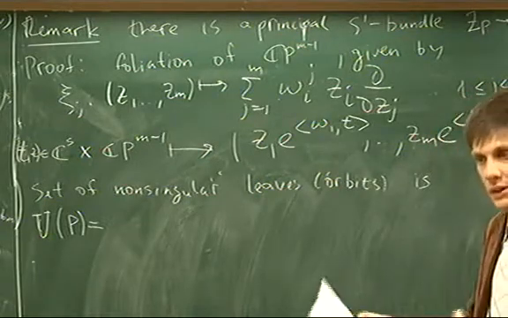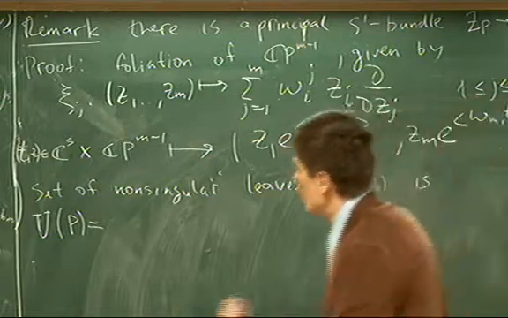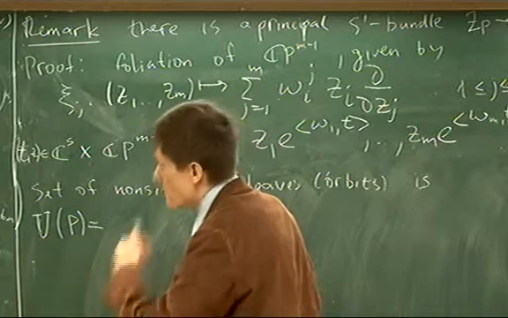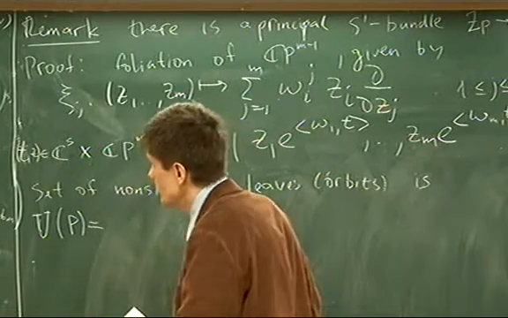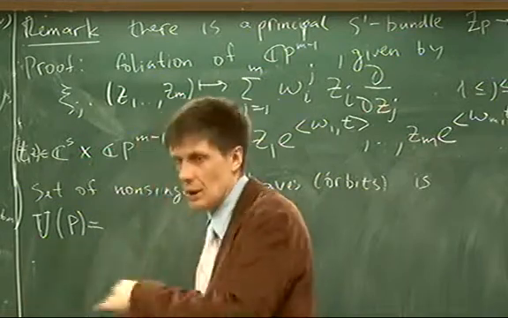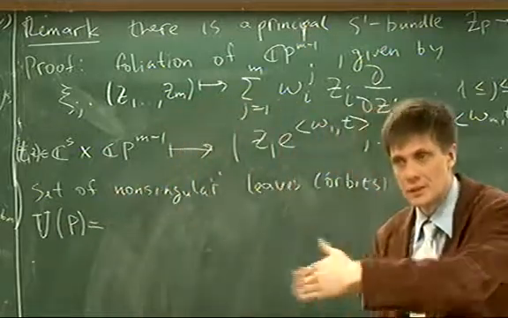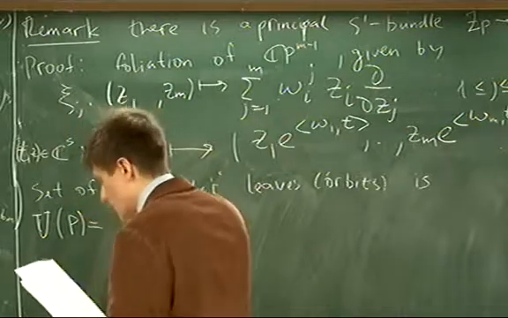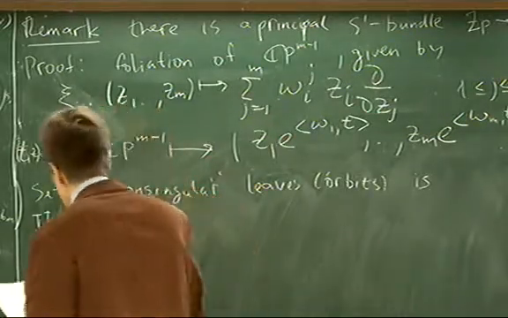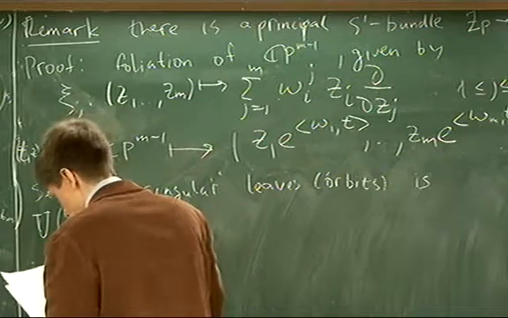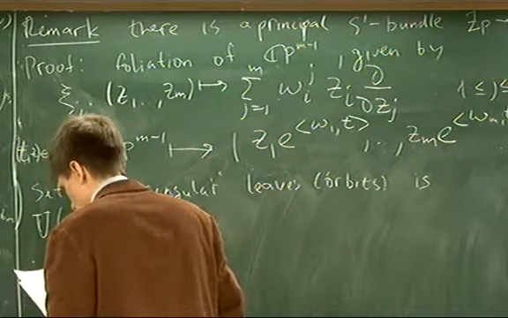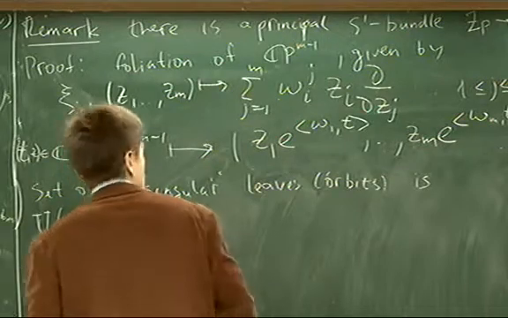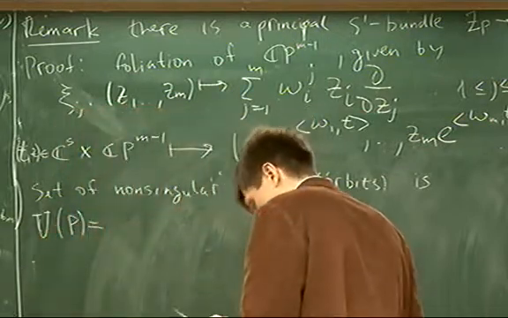You have some kind of Hamiltonian torus action on C^m and then you throw away unstable orbits, and you get something like a coordinate subspace arrangement, which you factorize to get a symplectic Hamiltonian manifold. That's very similar, but slightly different. I mean, the spaces are the same, but the actions are different. So the space of non-singular orbits is given by